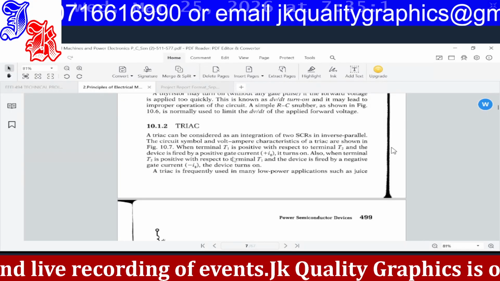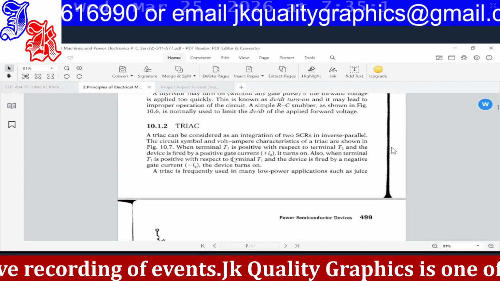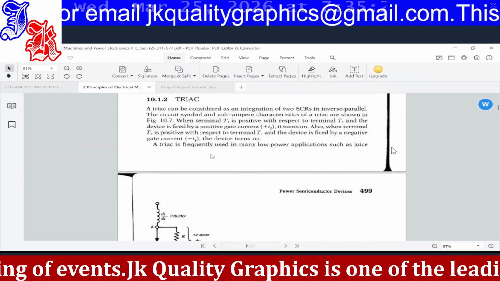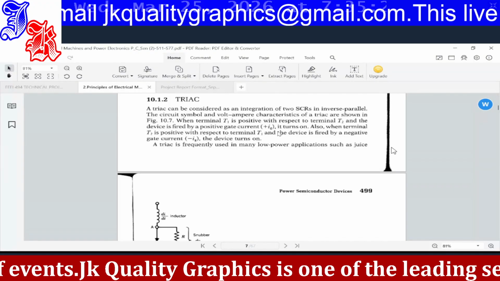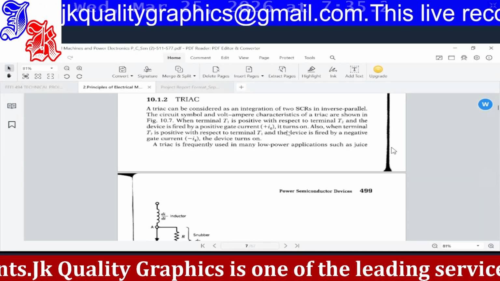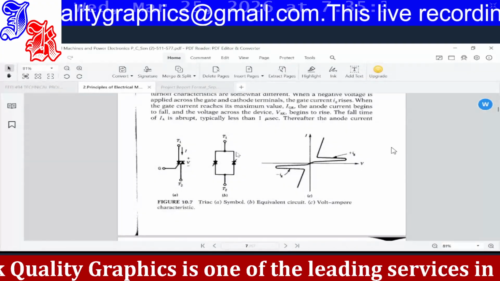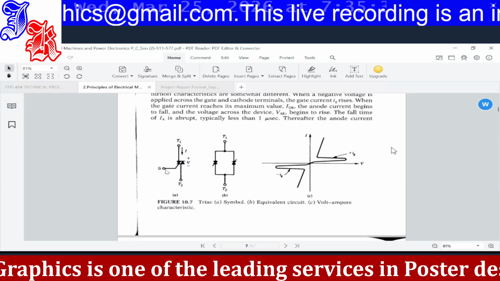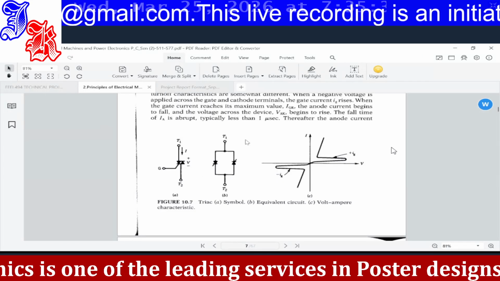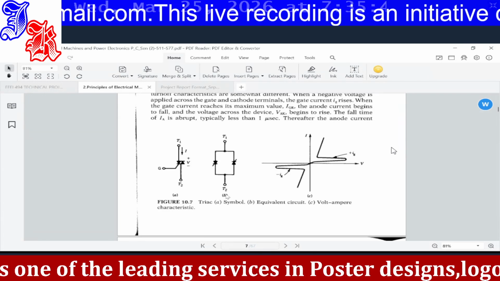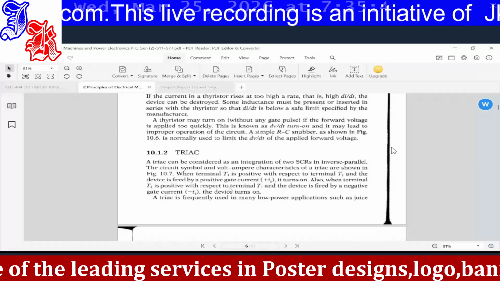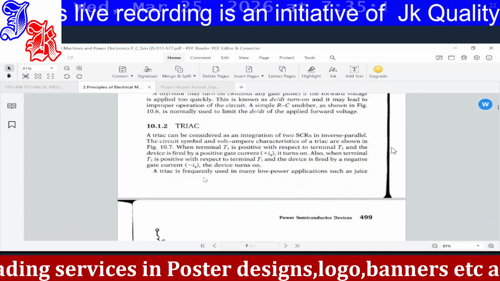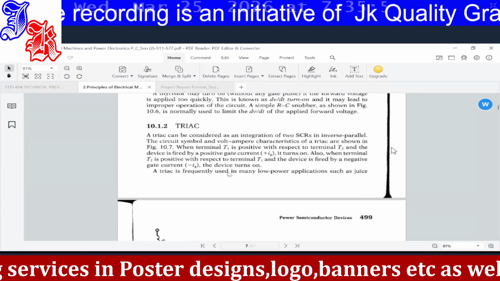When terminal T1 is positive with respect to T2 and the device is fired by a positive gate current, it turns on. When T1 is positive with respect to T2, then we inject a positive gate pulse, the device switches on. And also when T2 is positive with respect to T1 and the device again is fired with a negative gate current, the device also will